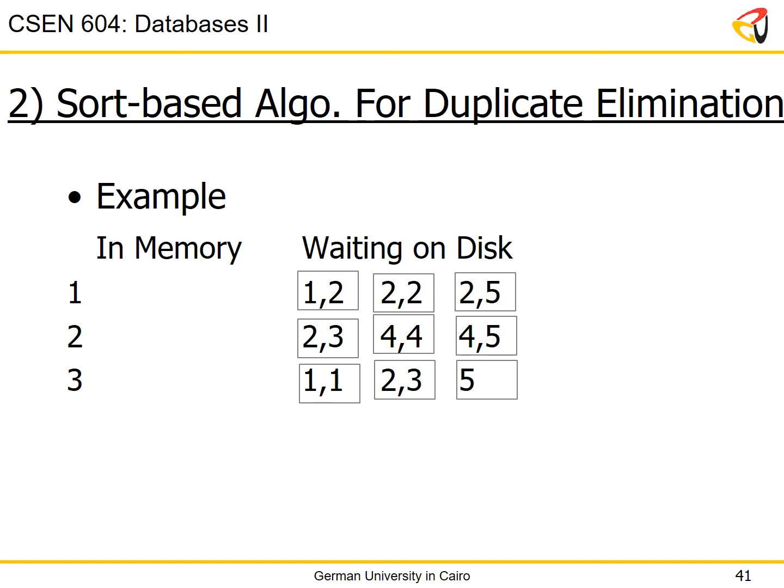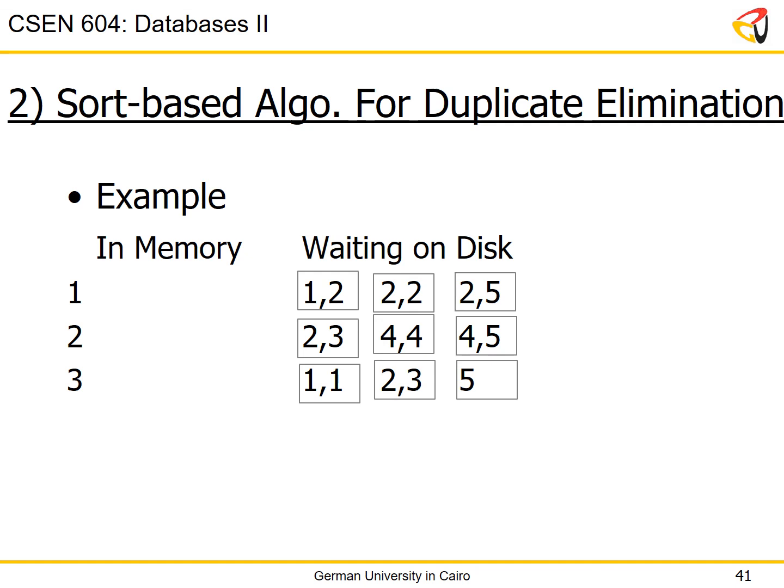Notice that they have already been sorted, so I've already gone through the sorting process that I was describing a minute ago. And now these are the copies with the content of every one of those 9 pages already sorted. I would like to do duplicate elimination now,